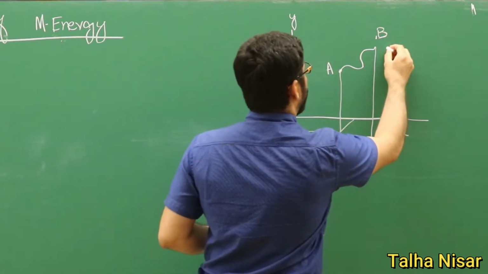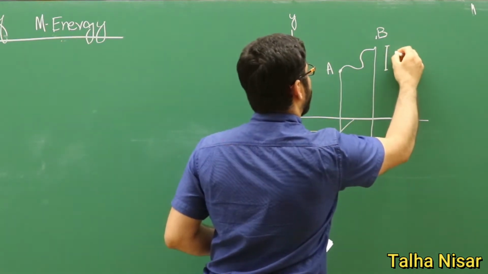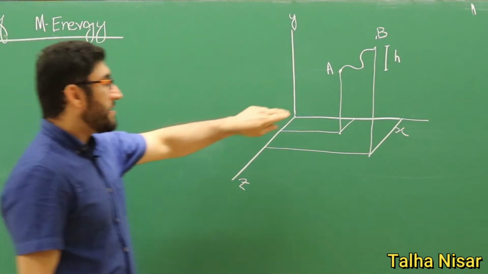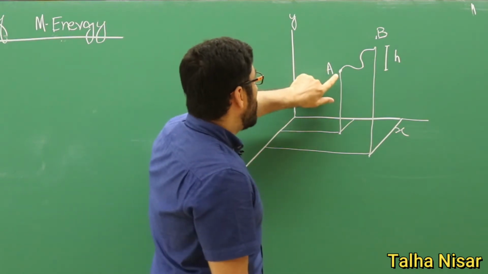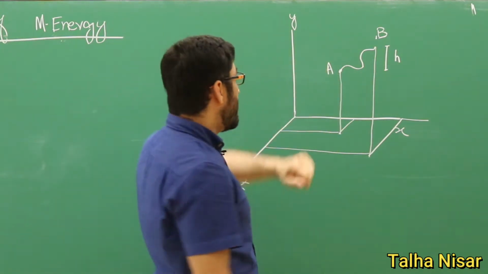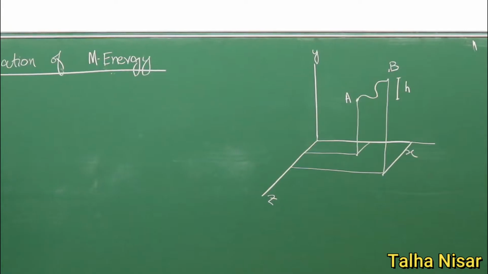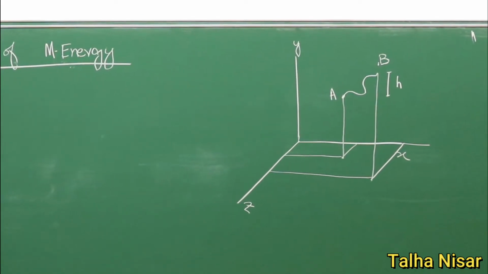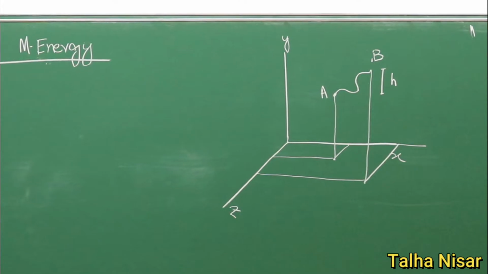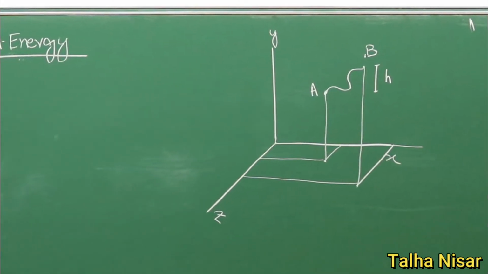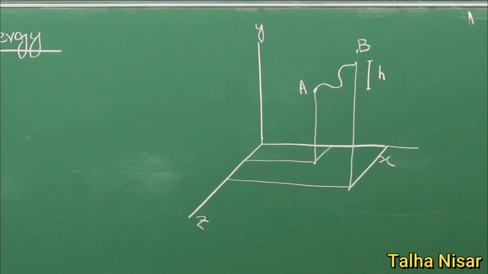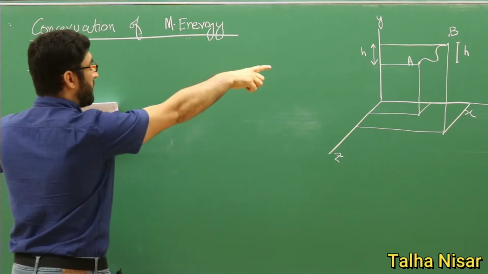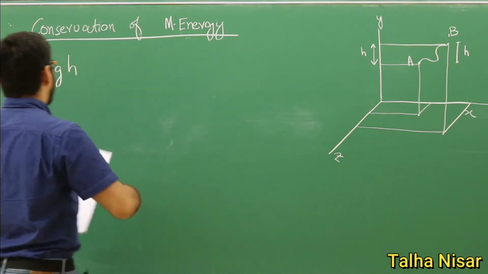And now the difference between A and B is h. And we want to know how the energy is conserved in this case, if we bring an object of mass m from point A to point B. So we will see how the kinetic energy and the potential energy are both conserved, which is the mechanical energy. So if we write in terms of the y-axis, then we will get